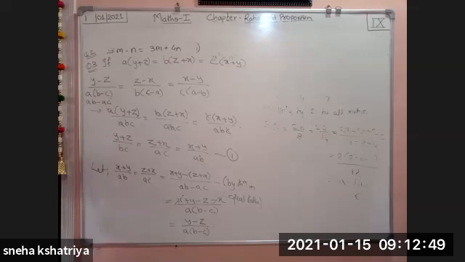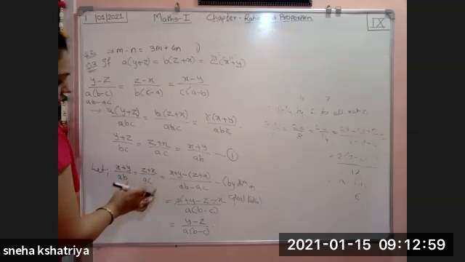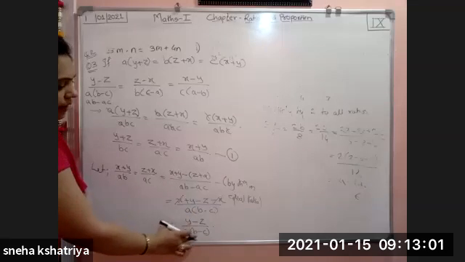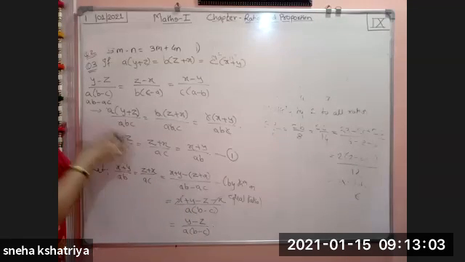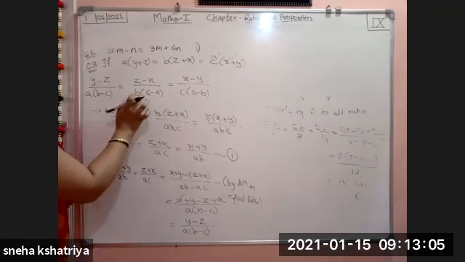This is the first term. Y minus z divided by a into b minus c. We get our first term. Okay. Similarly, just as we took these two, how we take these two and solve and find one term, from the same only, we are going to solve the next one.